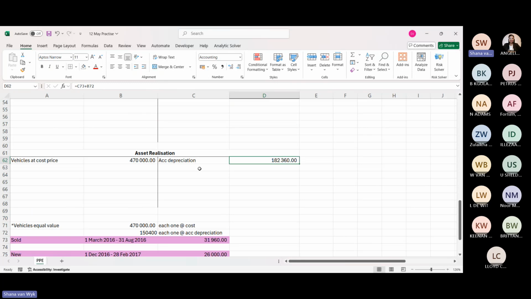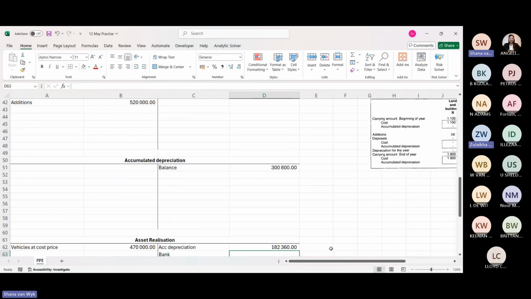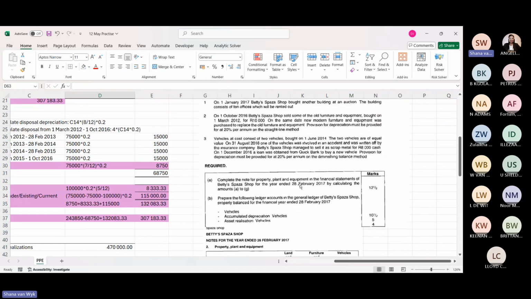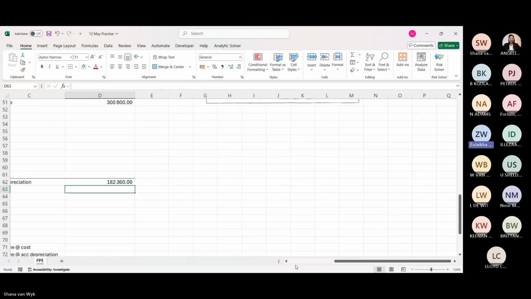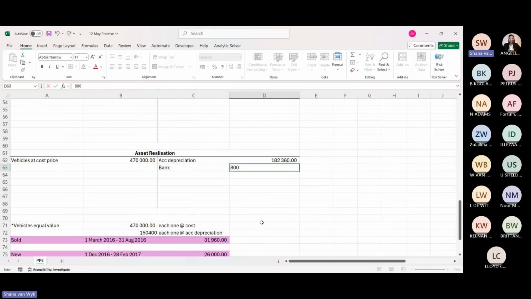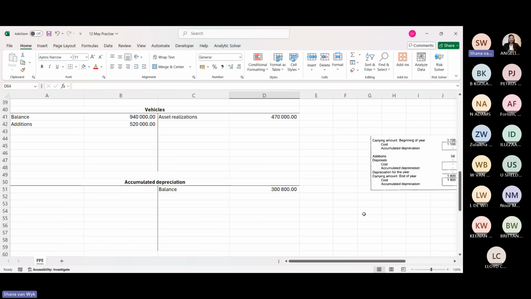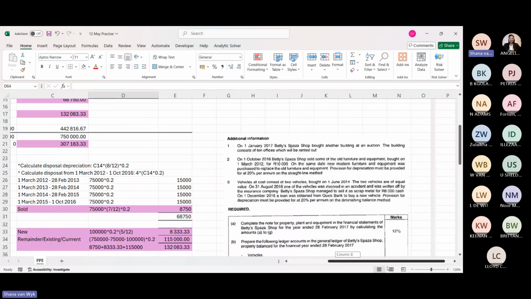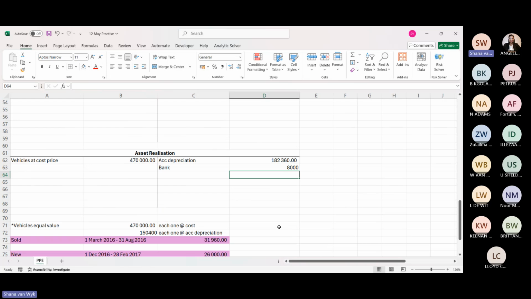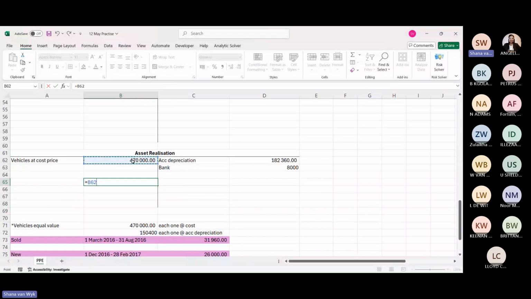Okay. Cool. We received money. Did we receive money? I can't remember. Oh, we didn't receive money. We scrapped it. Oh, yes, we received cash, 8,000. 8,000 cash. And then something else. Oh, okay, no, that's that. Right. So then we say some for this one. And we say this one.